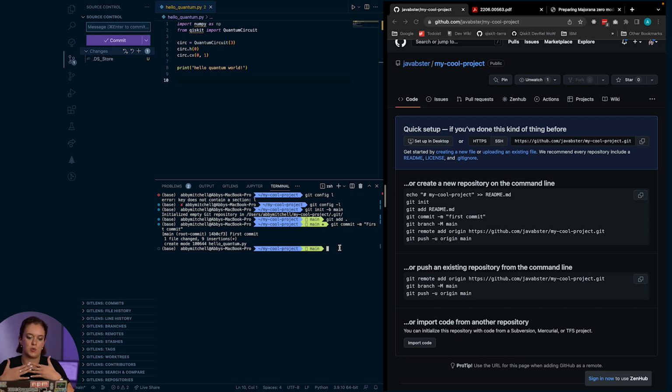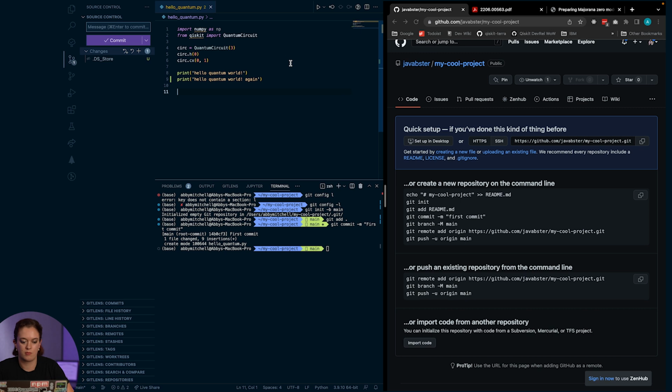And you can see as you make changes, for example, let's say now that I've done this, I could say, oh, actually, maybe I want to edit this file and I want to add another print line. And I want to say, hello, quantum world, again. And I save this file. Great, I've made an extra change. I can see again, look, it's popped up here. I've made new changes. I can add it by clicking the plus icon here or doing git add like I did before. It's in the staging area, and then I can, again, do git commit -m.